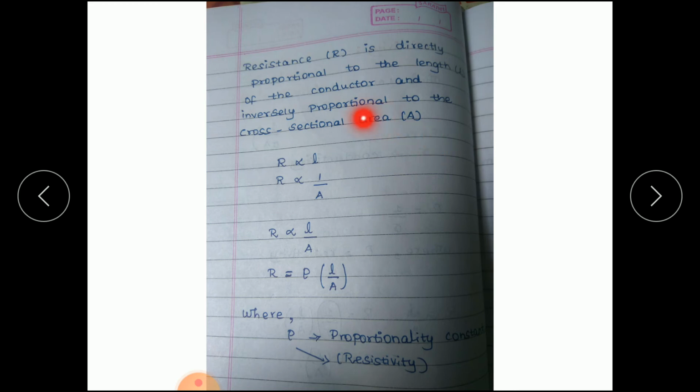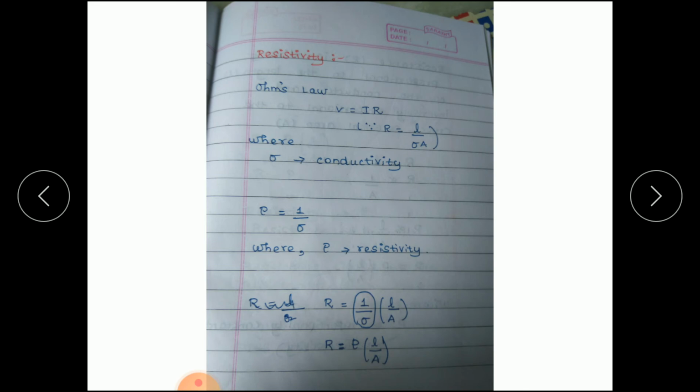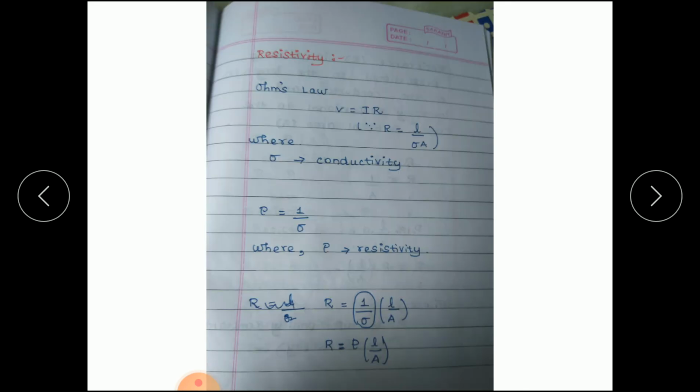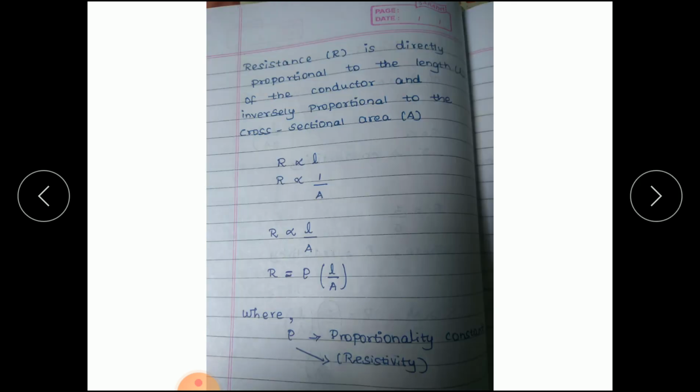Also we can define it like this: R is directly proportional to length, and resistance is inversely proportional to cross sectional area. So when we combine these two equations we get resistance is directly proportional to L by A. Okay, now since it is proportional, we need a constant. So we put a constant, which we take as rho, where rho is the proportionality constant and rho is the resistivity. That means I can derive this equation this way or the other way, but both are the same. R is equal to rho into L by A, here also R is equal to rho into L by A.